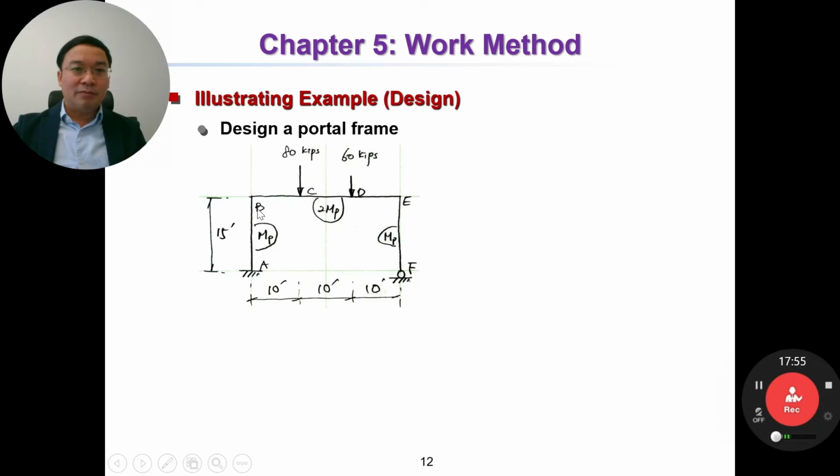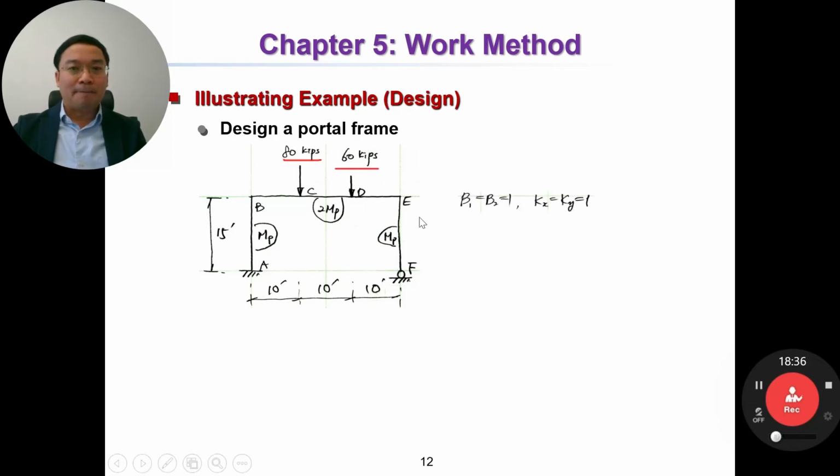Okay, so A, B, C, D, E, F. Here the load is 80 kips and 60 kips at C and D. And the dimension of the structure is here. The beam has a section of 2MP and the column has a section of MP. And MP is unknown. Dimension is given and the load is given. And MP is unknown. And we have to